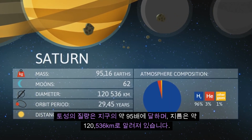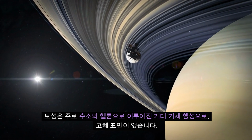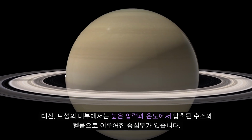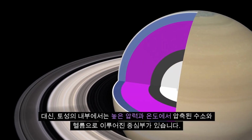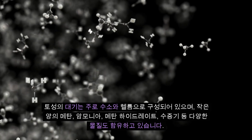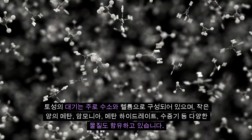120,360 kilometers. Saturn is primarily a giant gas planet composed mainly of hydrogen and helium, lacking a solid surface. Instead, its interior consists of a compressed core made of hydrogen and helium at high pressures and temperatures. The atmosphere of Saturn is primarily composed of hydrogen and helium, with small amounts of methane, ammonia, methane hydrate, water